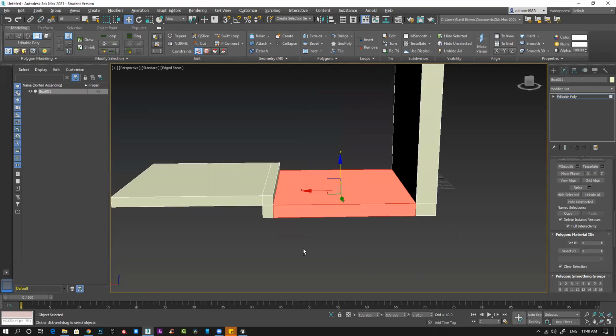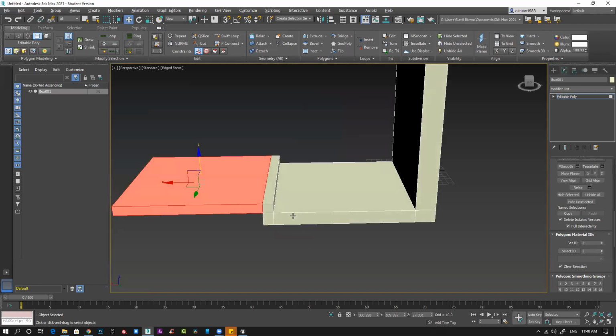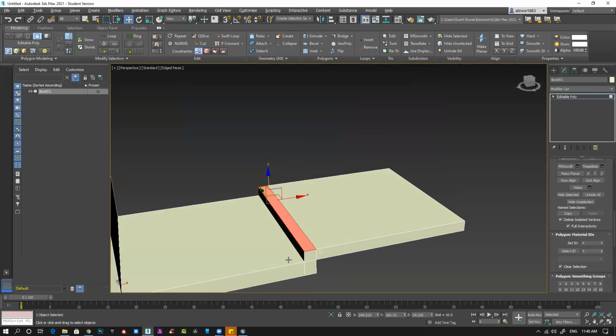It's already material ID 4. 2, sorry, 2. And this corner, suppose I want to have a nice border, 3.